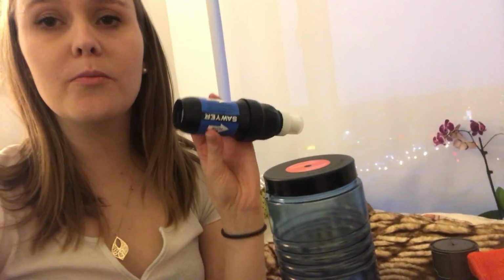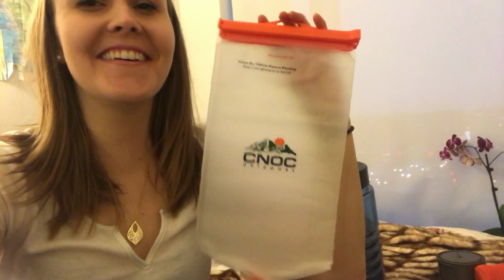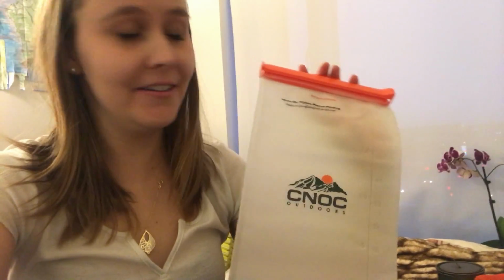A lighter. And for my water filtration system, I will be using the Sawyer Squeeze along with, I don't know how to pronounce this, Cnoc. But this water bag, which they claim you can actually stand on, and it will not break. So this can hook up to your Sawyer Squeeze, and then you roll it down like this, and then your water's filtered. Yeah, so that's my cooking system,